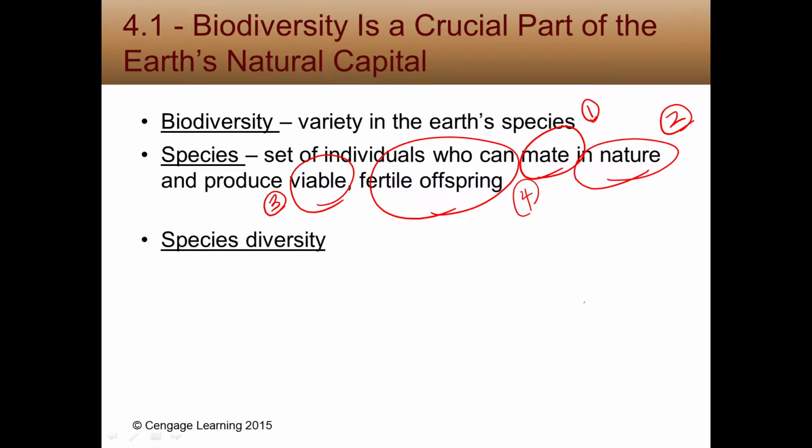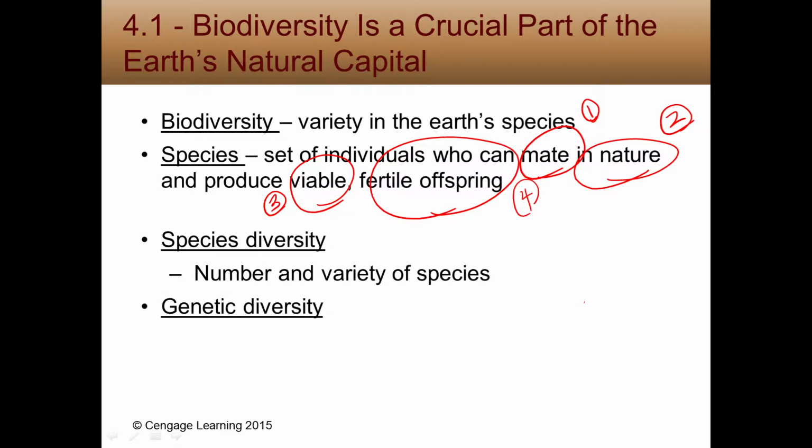So then species diversity, moving on to number 3, is kind of what we've defined biodiversity as up until now. So you're talking about the number and variety of species in an area. When you're looking at examples with high species diversity, you can think tropical rainforest, coral reef, estuaries. Okay. Compare that to genetic diversity. Genetic diversity is going to be unique because we're talking about within a species.